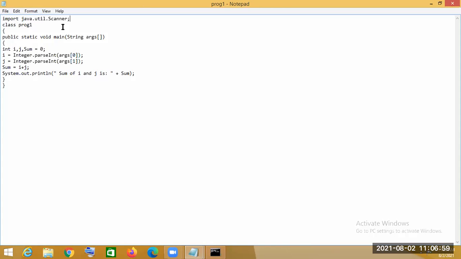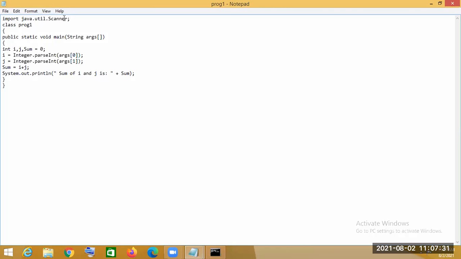The Scanner class is present in the util package of Java. We have to import this class, because if we don't import it, then we cannot use the functions mentioned inside it in our program. So that's why we have to import it.